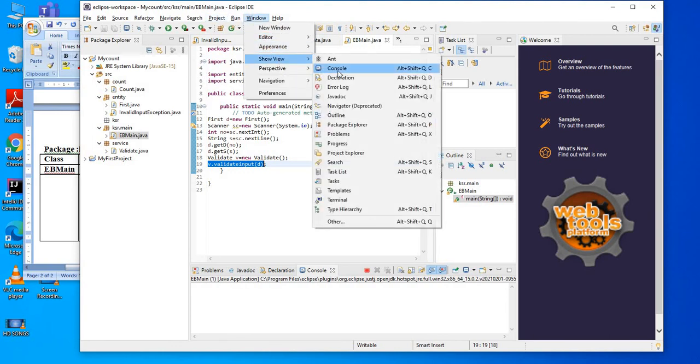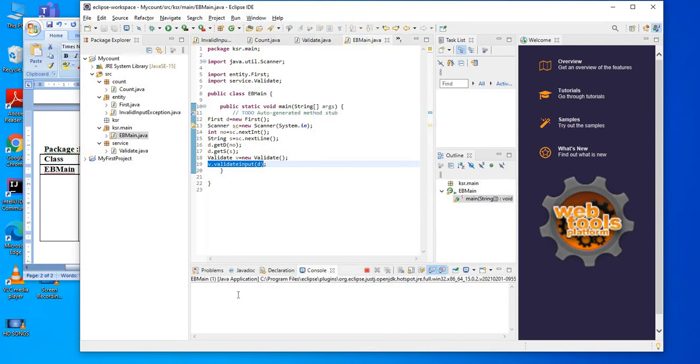Let us give the input 123 and we will give the string as ROM, but the output is not shown because we forgot to print the output.